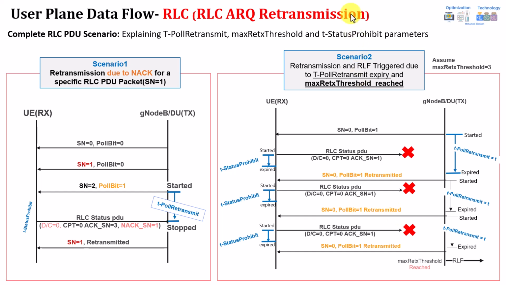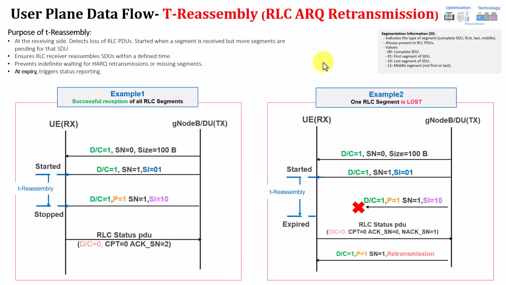Now let's move to, I think, one of the last parameters for this part, which is related to the RLC, the t-Reassembly timer, how it works, and so on. If you remember, in the very beginning I mentioned something related to the t-Reassembly timer, and this is usually at the receiver side. At the receiver, always remember reassembly. Reassembly means I'm trying to recollect something, right? So only in case of segmentation, when the RLC is segmented by the transmitter, the receiver should do a reassembly, but it should do it within a specific timer.